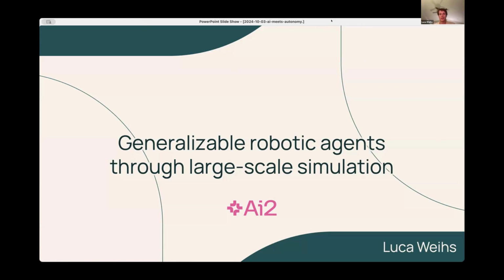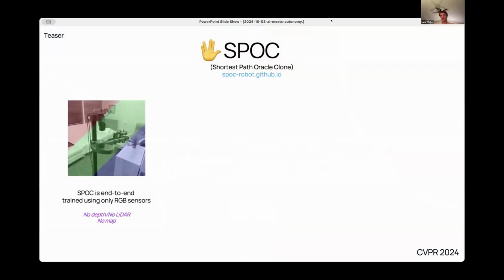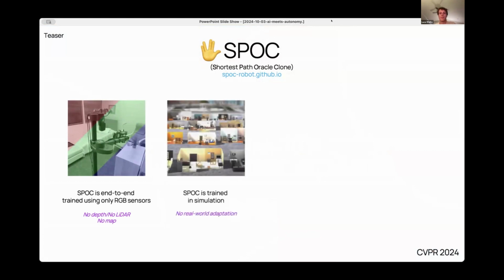So yeah, I'll be talking about generalizable robotic agents through large-scale simulation. And as a teaser as to where we're going, I'll be talking about how we developed Spock, the shortest path Oracle clone. So Spock is an end-to-end trained robotic agent that uses only RGB sensors as input, so no depth, no map, no LiDAR. Spock is trained purely in simulation and works seamlessly in the real world with no real-world